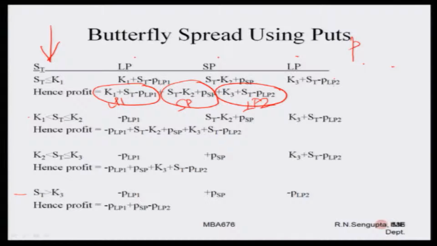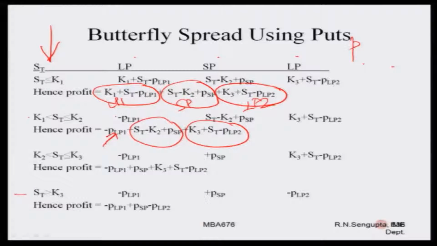If you go to the next row, you will see that for the first instant, which is long put 1, it would not be exercised, hence the price which has gone out of your pocket is the negative one. The next two columns, which are the short put and the long put 2, have been exercised, hence the profits are denoted as it is, and this is the one for the first instant. Similarly, as you go step by step, when ST is between K2 and K3, the long put 1 and short put are not exercised, the long put 2 is exercised, and in the last instant when ST is